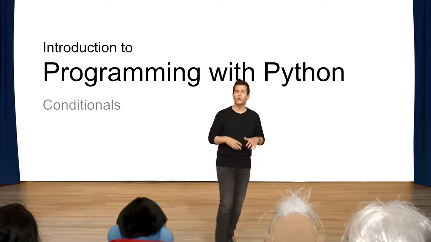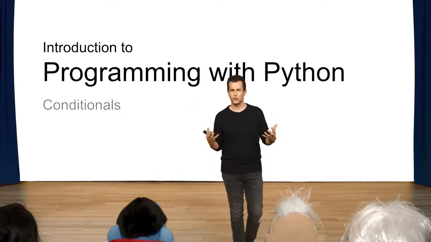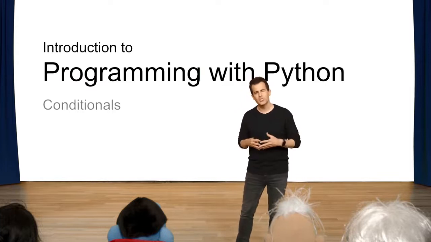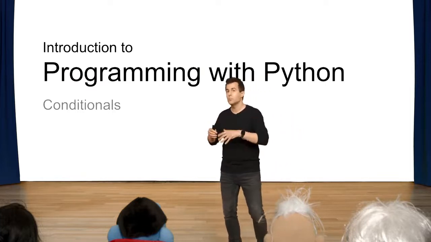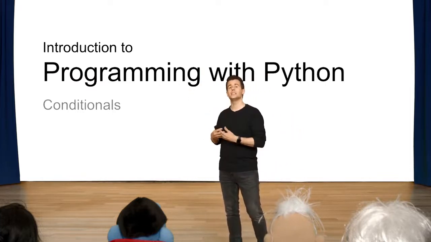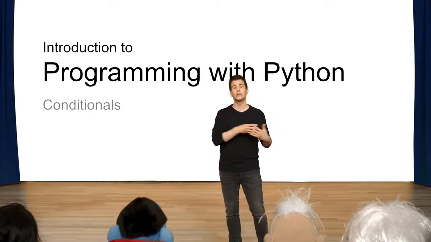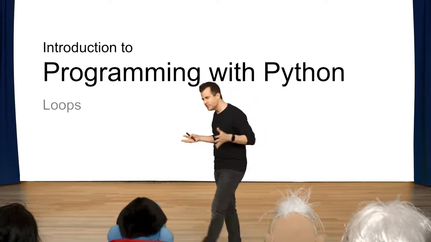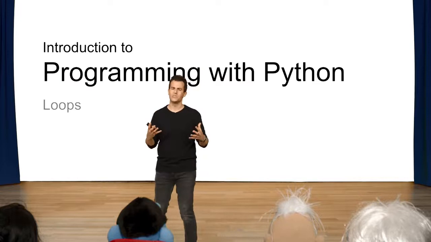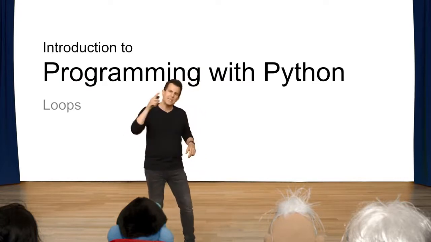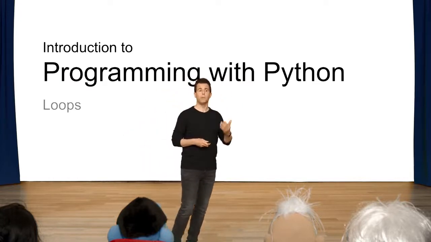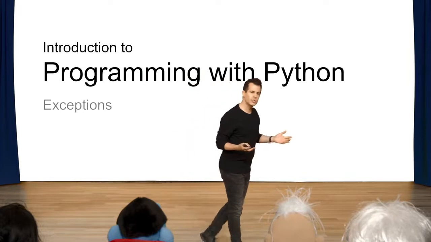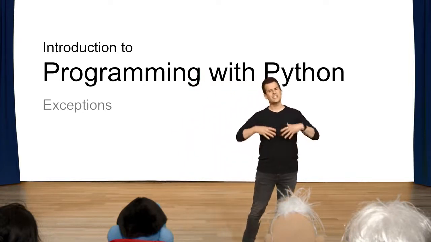We'll then transition to a look at conditionals, a way in code of expressing yourself logically to maybe do something if some question has an answer of true, or not do something if the answer is false. We'll transition thereafter to introducing you to loops, the ability in code to do something again and again and again some number of times. We'll then transition to something a little more technical known as exceptions.